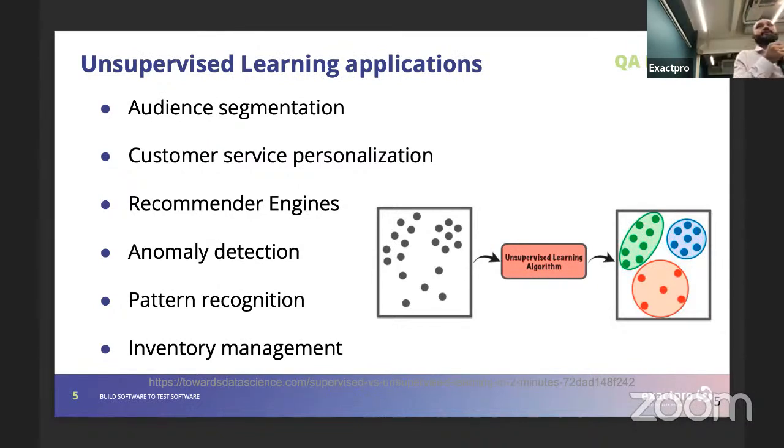And another example is customer service personalization. For example, you come to a bank or telecom company, and then by the data you provide, the company decides, okay, our algorithm decides that you look very similar to all these teenagers who don't need extensive traffic for work, but prefer a lot of time for Facebook, Instagram, etc. So we suggest you some personalized plan which has this and that included, but the other part is more expensive. And this is done by a clustering algorithm because you are allocated to a specific cluster, and then on the basis of this decision, the computer decides something specific for you. Okay, then recommender engines are another similar example. Anomaly detection, we'll speak